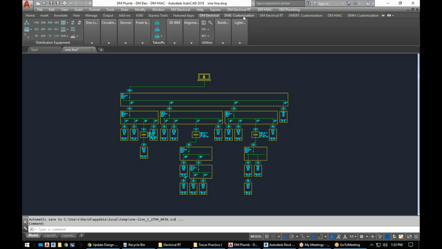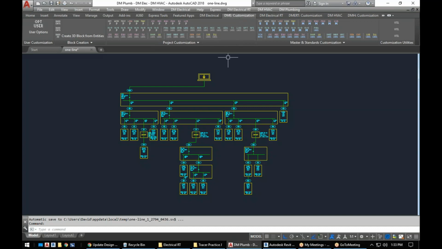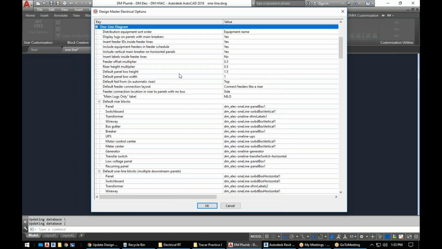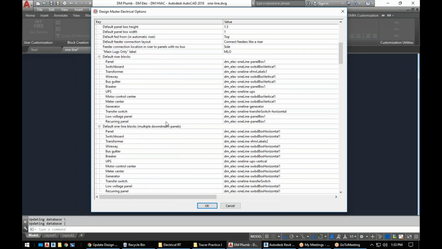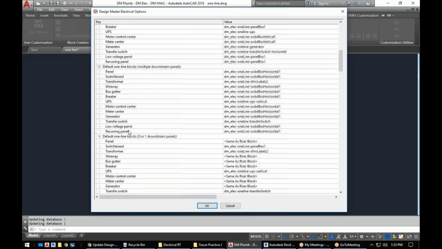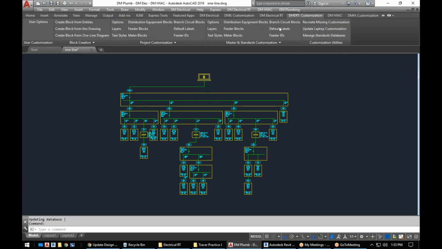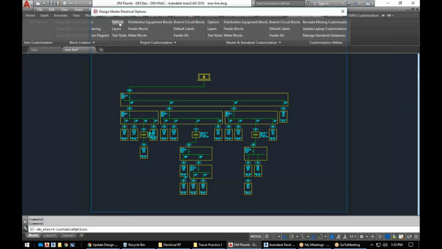In our Electrical for AutoCAD software, you can find the options under the DME customization tab, under options either for your project or for your standards. And when you click that command, there's a lot of options. We're specifically looking at the one-line diagram section today. So there's all the options listed there. You'll notice that for our AutoCAD-based software, we've got a lot of different types of distribution equipment, so there's a lot of choices here. And if we go over to our Revit-based software and look at the options command there,